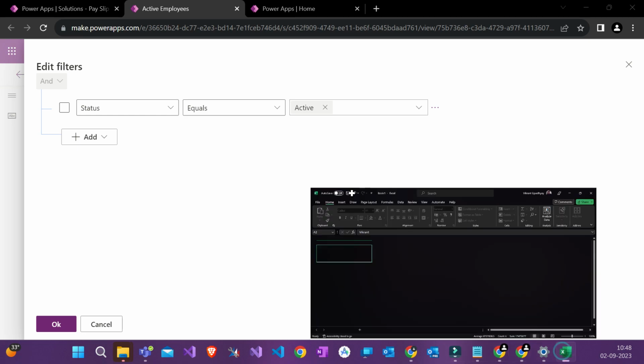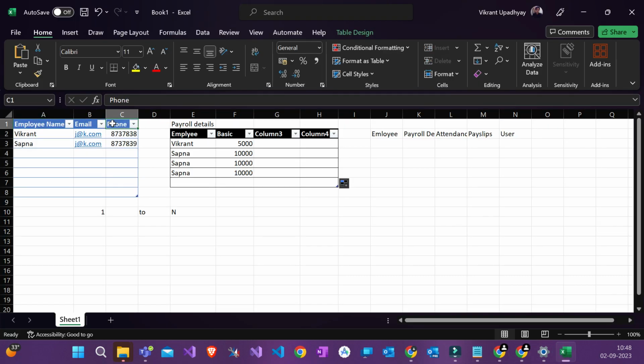I will also tell you something: in CRM, we have a default column called status. It has two statuses. Only two statuses are there by default: inactive and active. Very basic. Anything, the name suggests what it does. Active means this guy is active. For an employee, if the employee is active, it is our current employee.